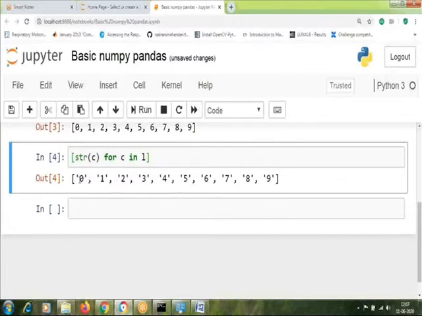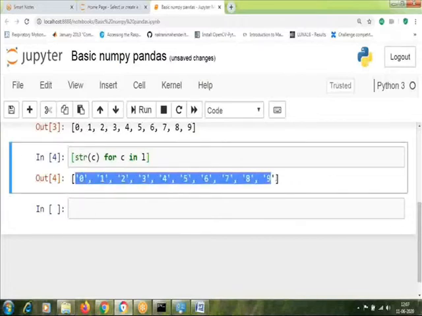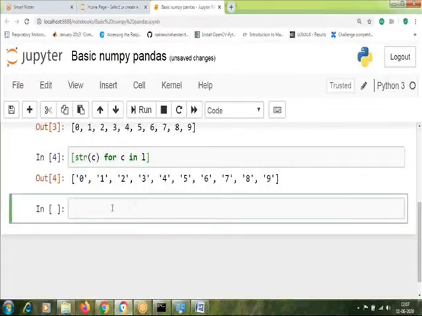So converting from one type to another is easily done in Python, and it is not so easy in the case of Java.